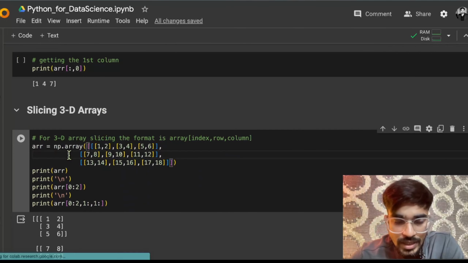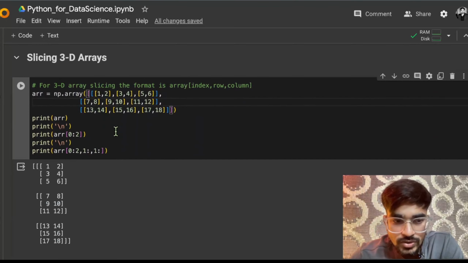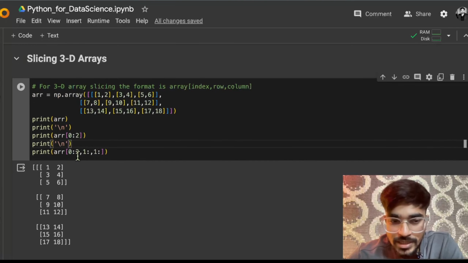Similarly for a 3D array, as I said, there will be a third value added here. So if I create a 3D array here and want to do slicing, you can give the first slicing element, the second value, and the third value. The third value is for the third dimension. Now this might be tricky, as you might be confused about which is the third direction actually. For 2D it is easy, first is the row and the second is the column, but for 3D